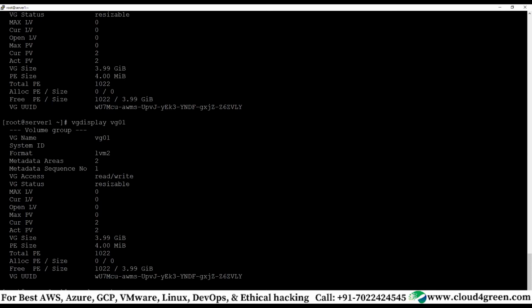I'm going to give the logical volume a particular name. Maybe I'll put normal logical volume 01. Any name you can put, but it should be something understandable, corresponding to what you're using it for.